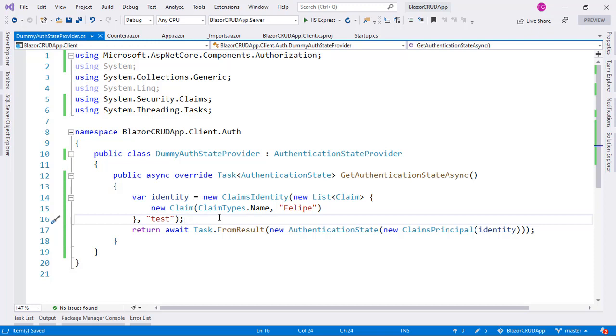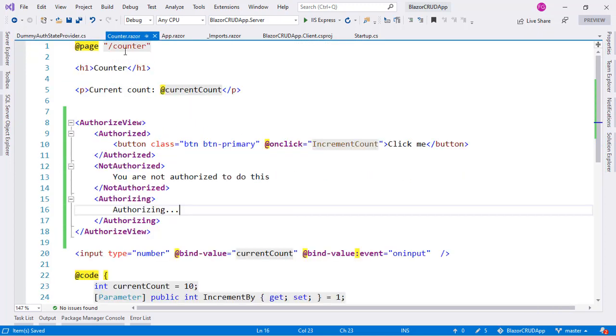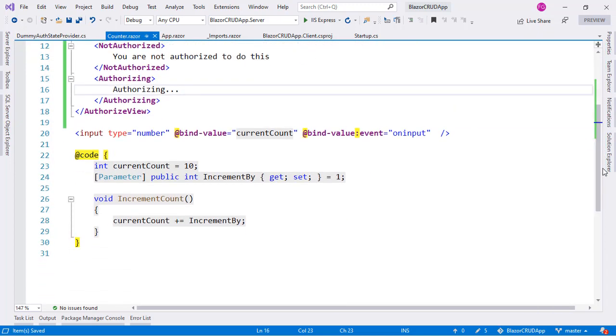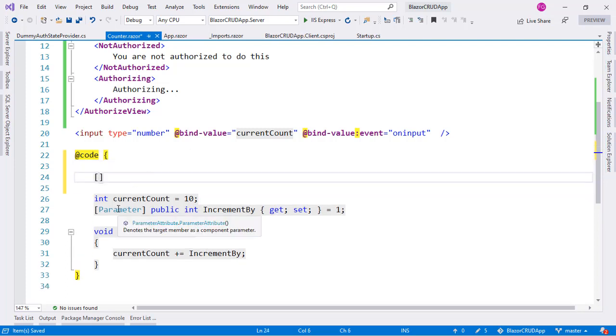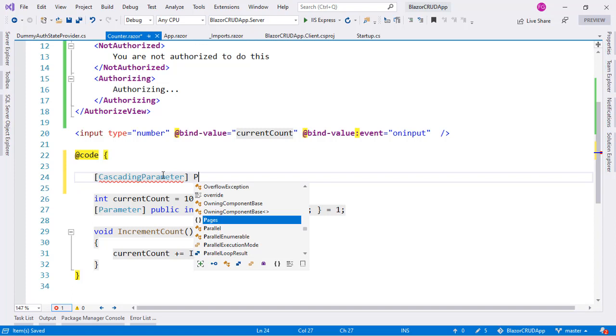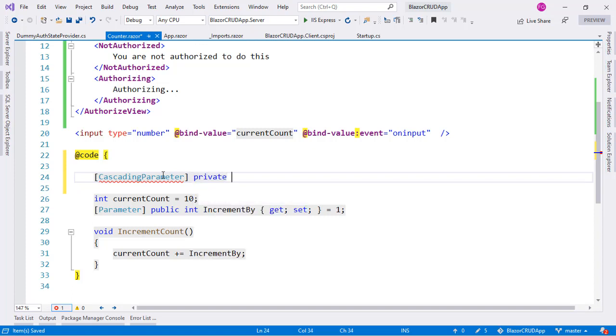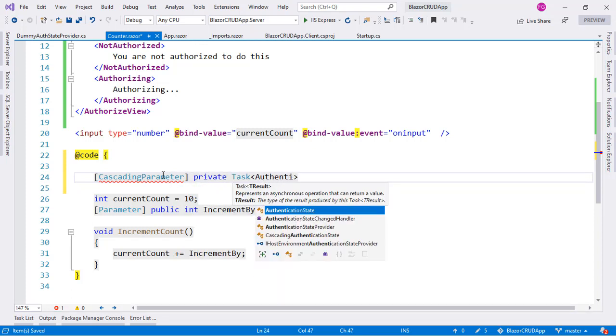Remember that we talked about a cascading parameter that we are going to be able to use throughout our application. And through that cascading parameter, we are going to retrieve the authentication state of the user. So let's do that. Let's go back to the counter component and go to the code section, and we're going to define a new parameter, but this is not going to be a normal parameter as we are used to seeing, but a cascading parameter. A cascading parameter does not have to be public. In fact, you probably want it to be private. So let's say Task AuthenticationState,